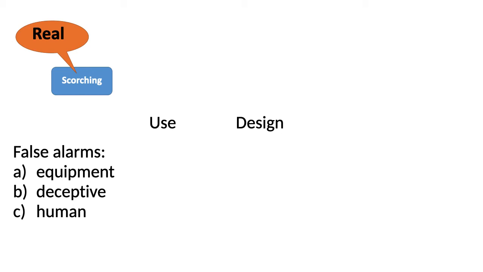Now suppose an old man is living in a care home and his hobby is to solder electric circuits. So he starts soldering in the living room. But he's not supposed to do that because the smoke detector will be triggered by the soldering. So this is a deceptive false alarm caused by the wrongful use of the building and the installation.